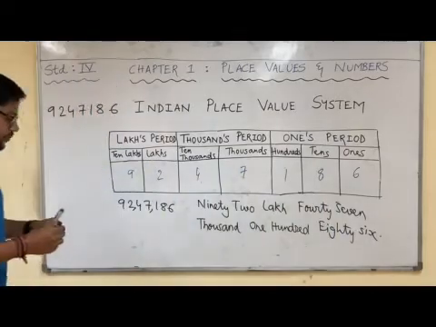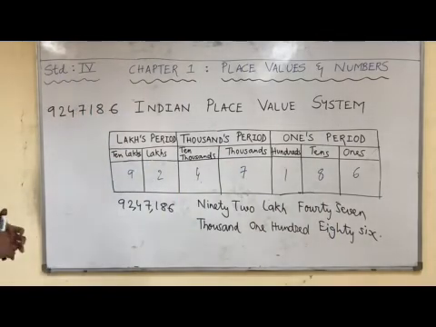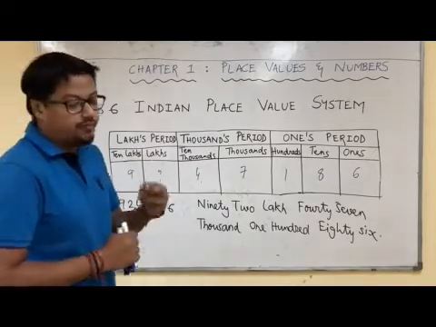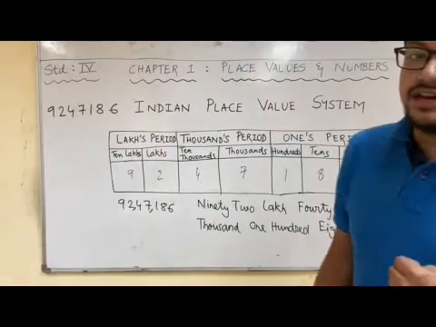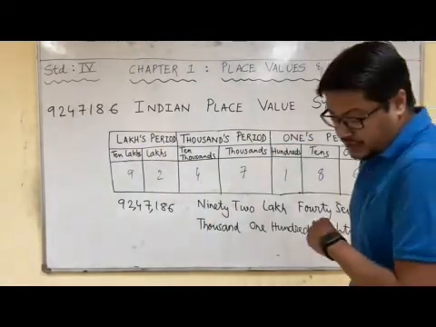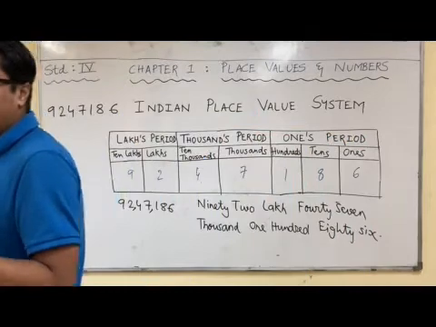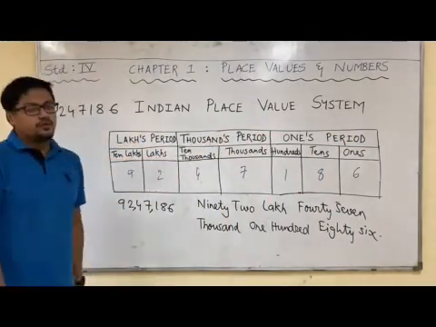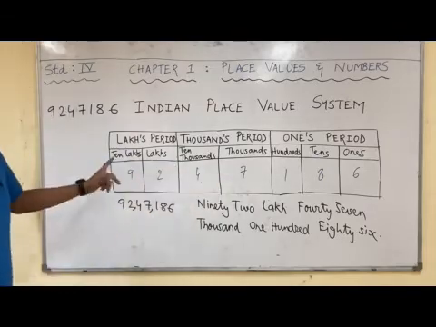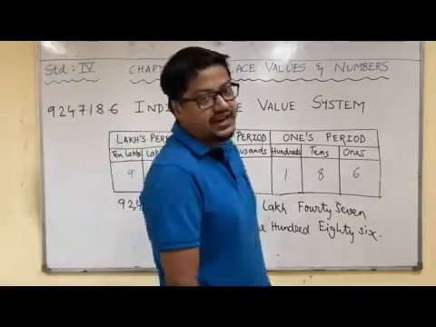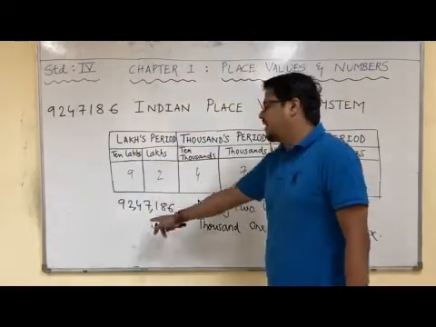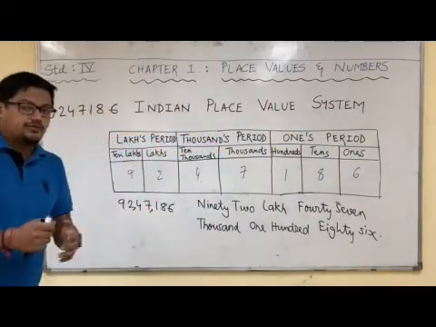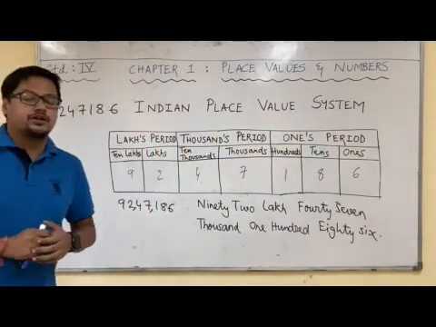Okay students, so I hope you have understood this. This is how we are representing any number in the Indian place value chart. I repeat finally before ending the video, there are three periods in an Indian place value chart: ones period, thousands period and lakhs period. In ones period we have further three places: ones, tens, hundreds. In thousands period we have two places: thousands, 10,000. In lakhs period again we have two places: lakhs and 10 lakhs. And these periods are actually deciding where to put the comma, and using these periods only we can write the number name. So that will be all for me for this video. We will meet in the next video. Thank you and have a nice day.